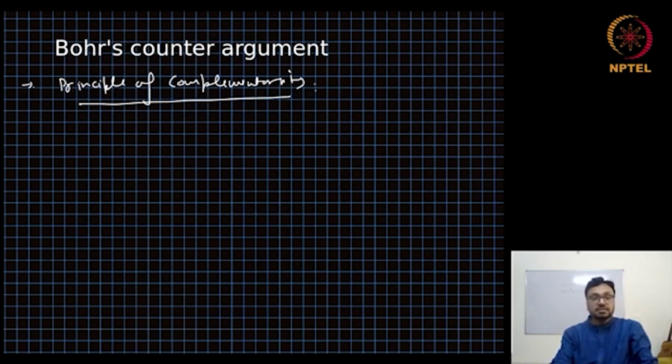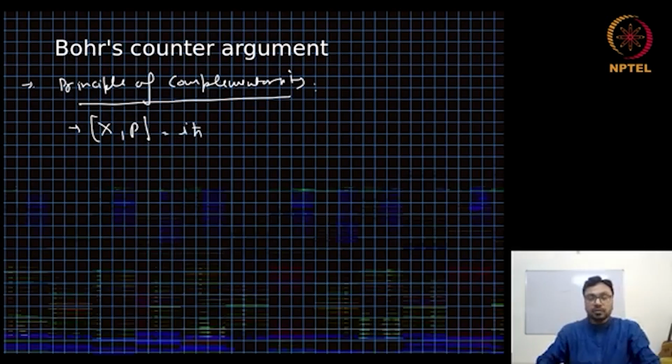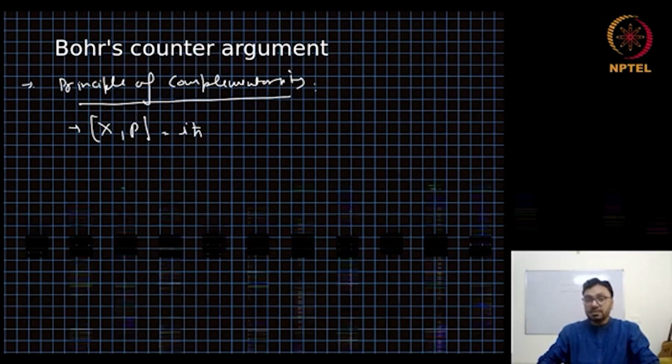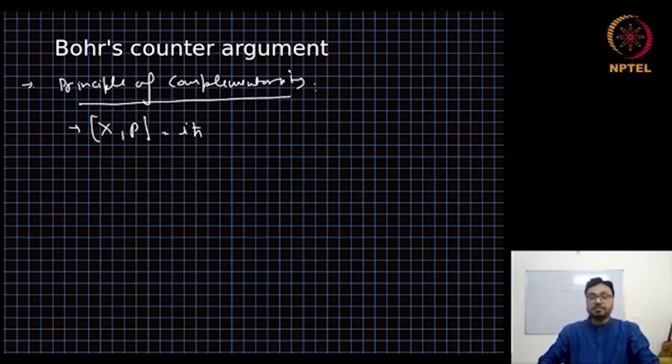Against that, Bohr proposed the principle of complementarity, and he said that X and P are complementary measurement operators. They are complementary operators, and we know that they do not commute, and we know what their commutation is. Bohr argued for the principle of complementarity, which suggests that certain pairs of physical properties such as position and momentum cannot be simultaneously observed or measured. This means that different experimental setups can reveal different aspects of quantum systems, but no single experiment can reveal all